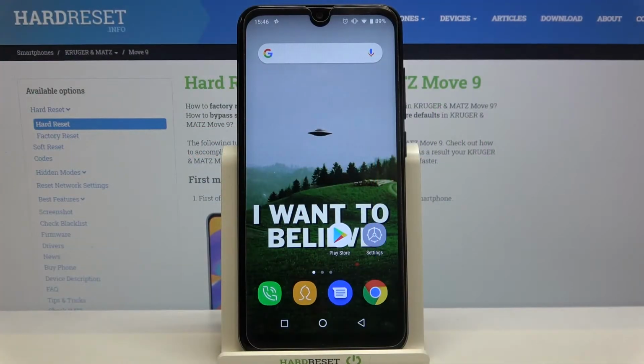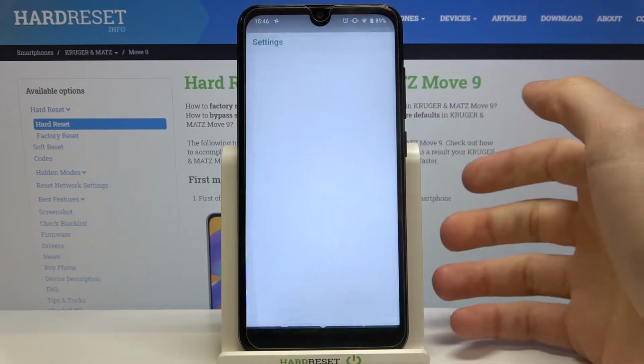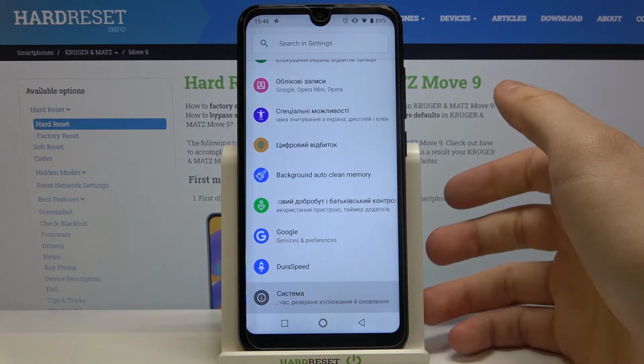Here I have KRUGER MATZ Move 9, and today I'm going to show you how to change keyboard language on this device. So firstly, you have to open settings, then go to the system section,